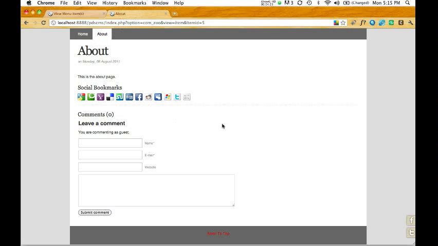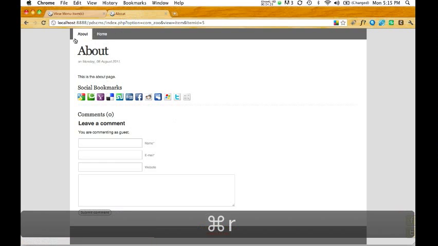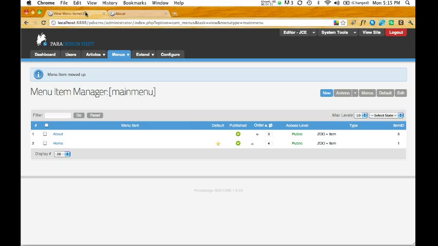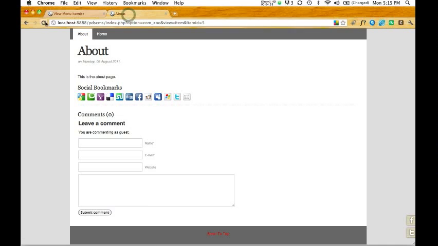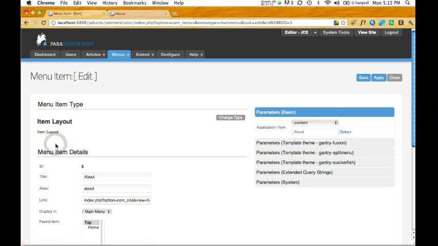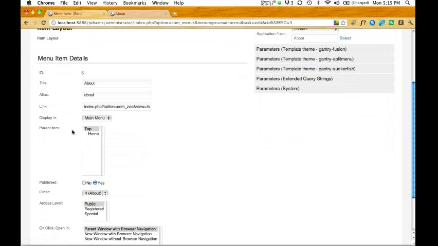Let's refresh that. There you go. About now is the first menu item on the list. That doesn't really look right, so let's just put that back where it belongs. Now home is first. Let's refresh that one more time to demonstrate. There you go. So let's just say about was meant to actually sit under home as a sub-menu item. Simple way to do this is click on the menu item that you want to create as a sub-menu item. Scroll down and the parent item